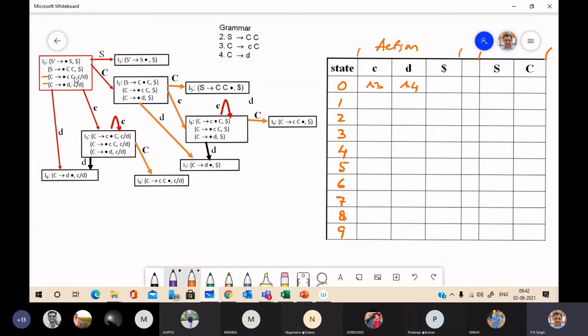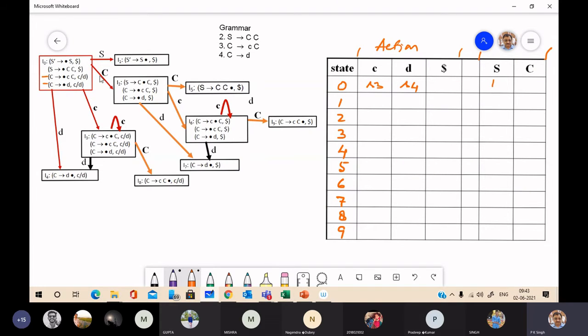In the other items in the item set, we have S and C, non-terminals just after the dot. So we have to make entries in the goto field. goto(I0, S) is I1, so here we have 1.